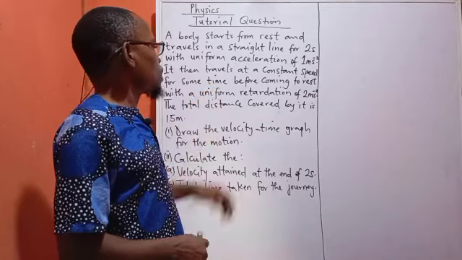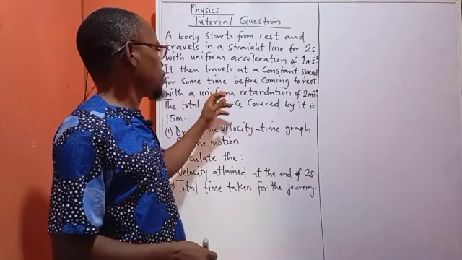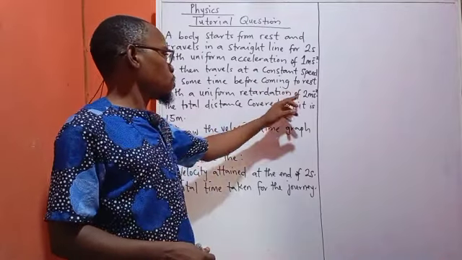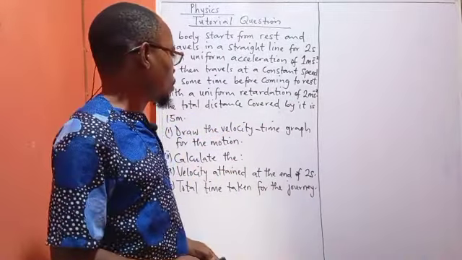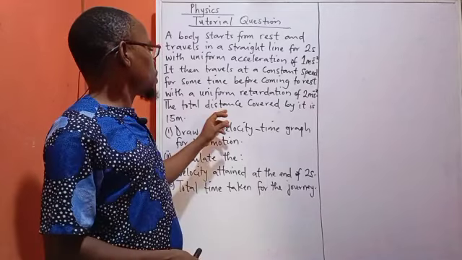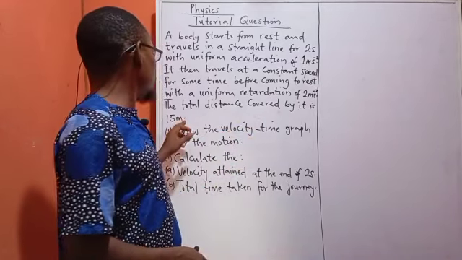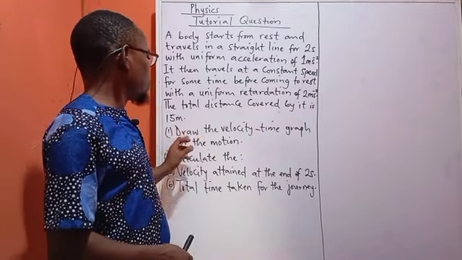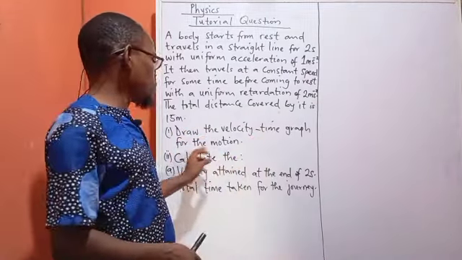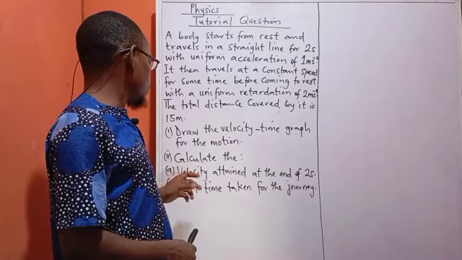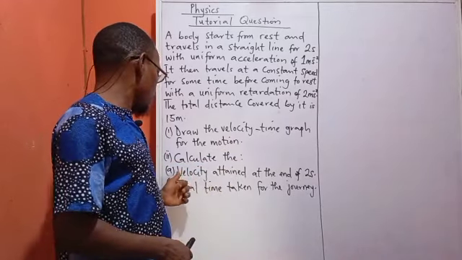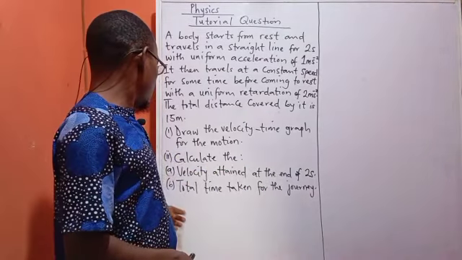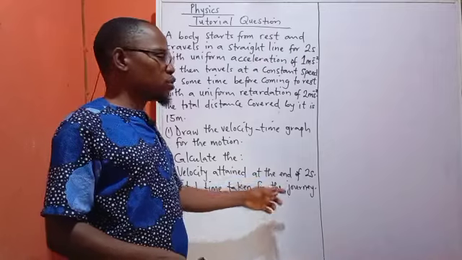It then travels at a constant speed for some time before coming to rest with a uniform retardation of 2 meters per second square. The total distance covered by it is 15 meters. So question 1 says, draw the velocity time graph for the motion. Question 2 says, calculate the velocity attained at the end of 2 seconds and the total time taken for the